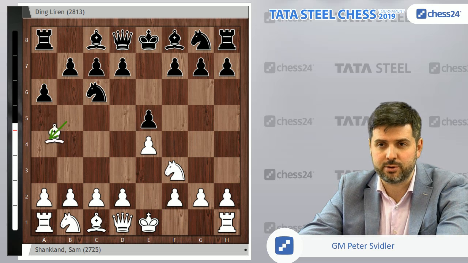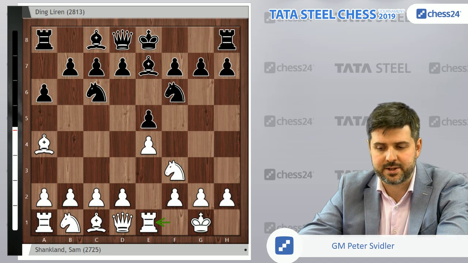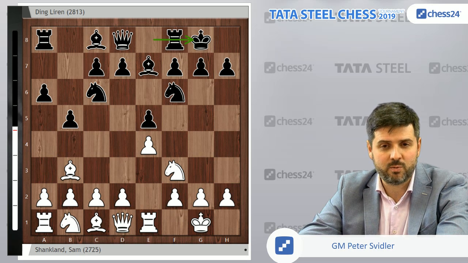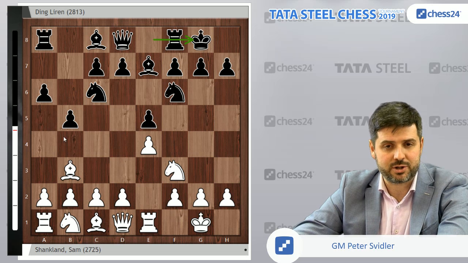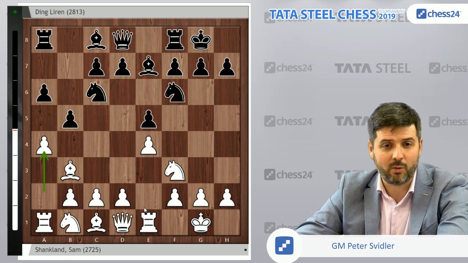And Ding Liren stays true to form, goes for the Spanish, and then threatens Sam with the Marshall, which generally people don't really allow these days. There are some notable exceptions. MVL won some games against the classical Marshall in the past, I don't know, 5 years, but all in all, most people don't really allow the Marshall, and the main anti-Marshall of these days, I think, is 8.a4,